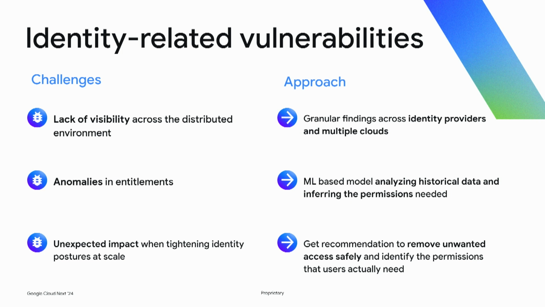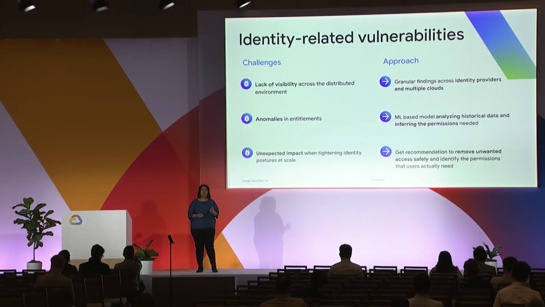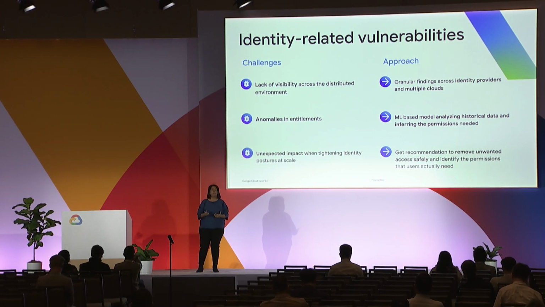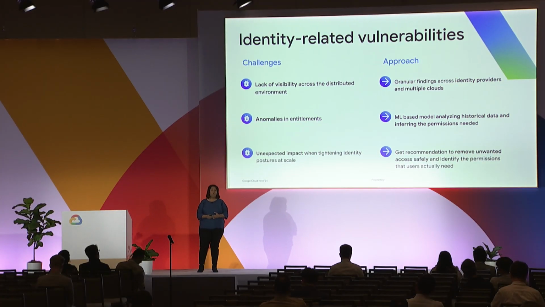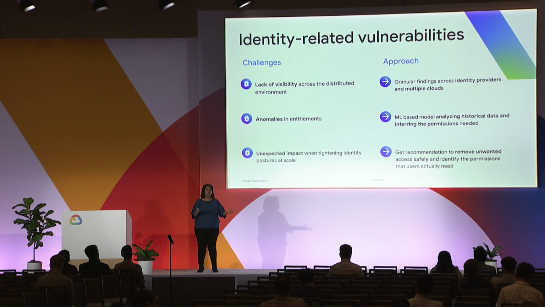There is also a need to identify anomalies in behaviors in these different entitlements because the real-life environment changes very frequently. So things like a long-standing permission that nobody is aware of, or the fact that service account keys have not been rotated for a long time. These are the things that we definitely want to ensure are being surfaced to our users. For that, we have signals that look at historical data to unearth these signals and then